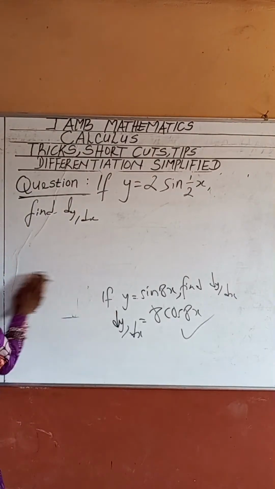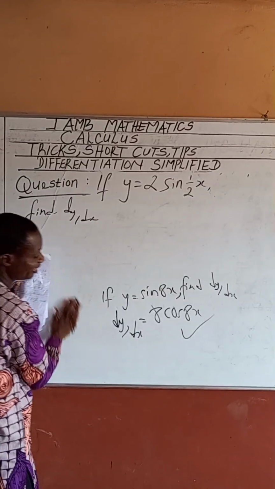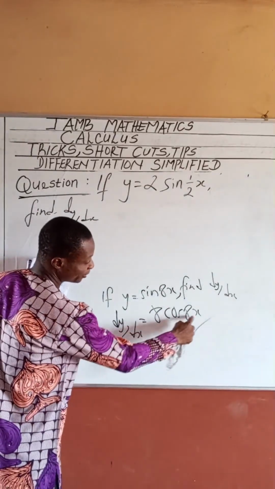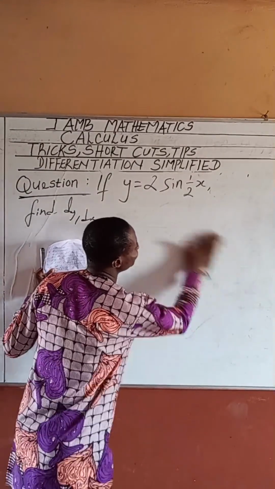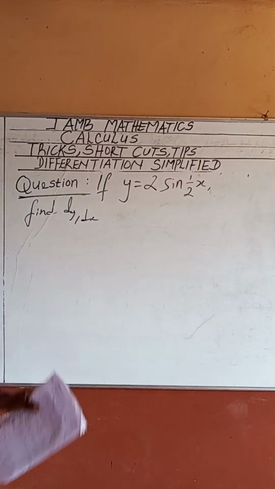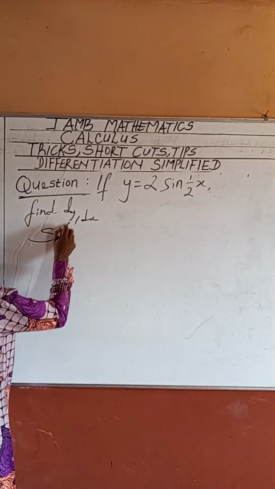The challenge is over because precious stars ended it for us and gave us the solution. dy/dx is 8 cos 8x from here. All right, precious stars, I see you there. Thank you. So let's go to the next one, which is,